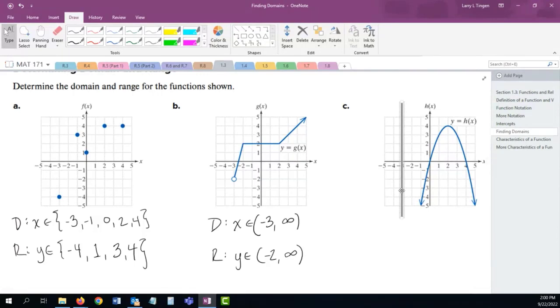The first time my vertical line touches this curve is when the function has an arrow on the end of it. And remember, we talked about if the function has an arrow on the end, that behavior continues forever. So this function, while this is just part of the graph, this goes on forever, okay? All right? So that means if this behavior continues forever,